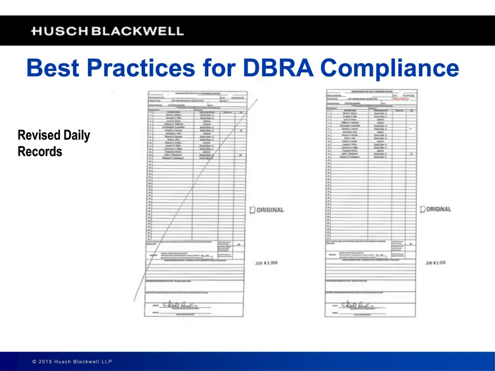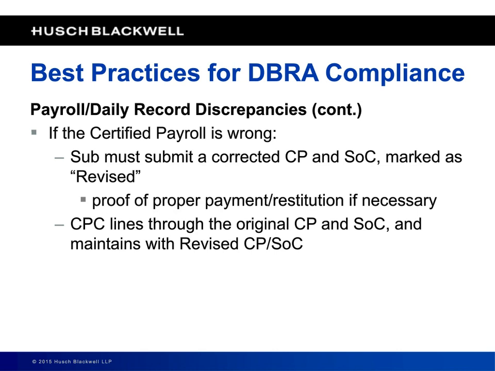This is what that looks like. Line through the one, get the revised one, which has the additional individuals listed or not listed, as the case may be, or corrects the hours. Let's assume that there's a discrepancy, and the discrepancy shows that the certified payroll is wrong, and that some people